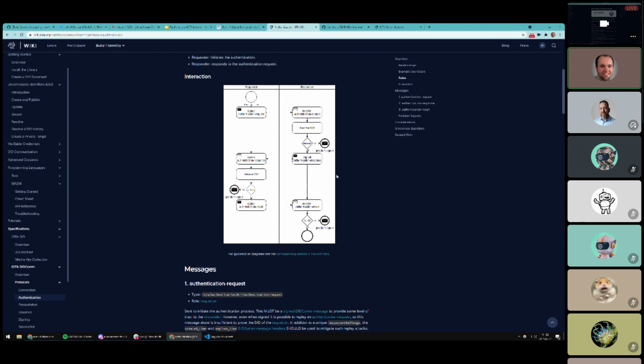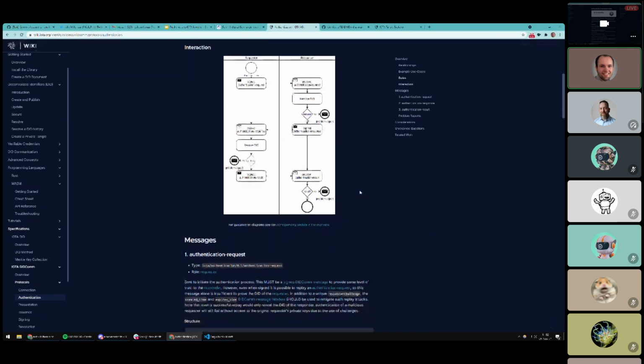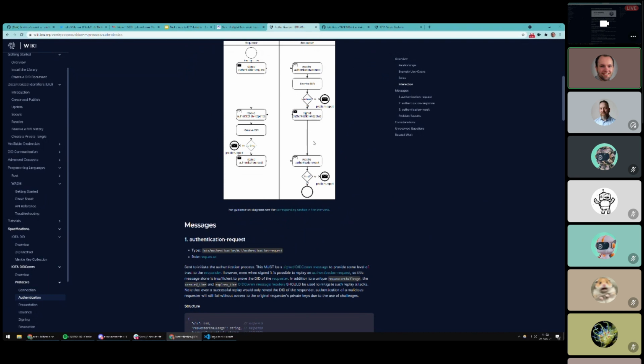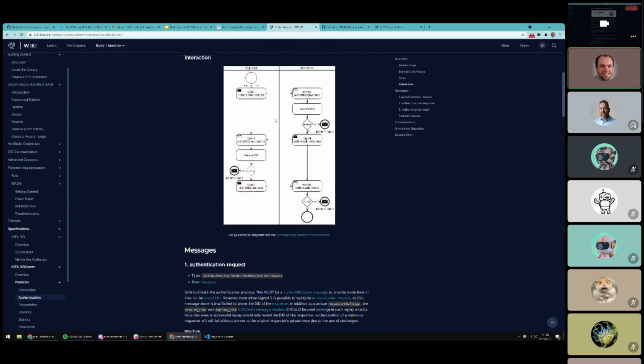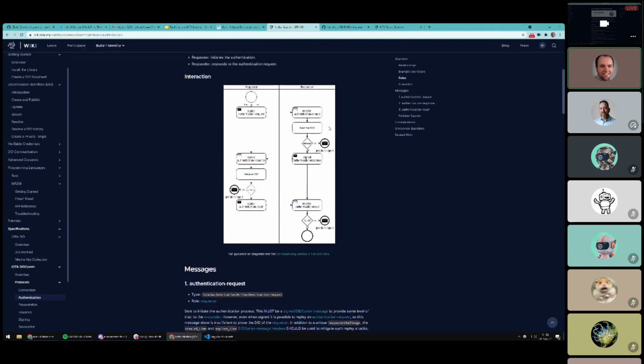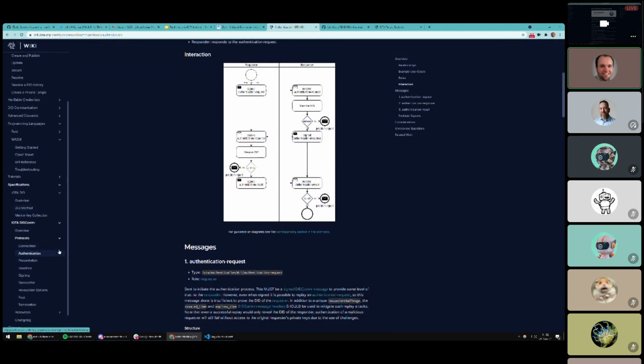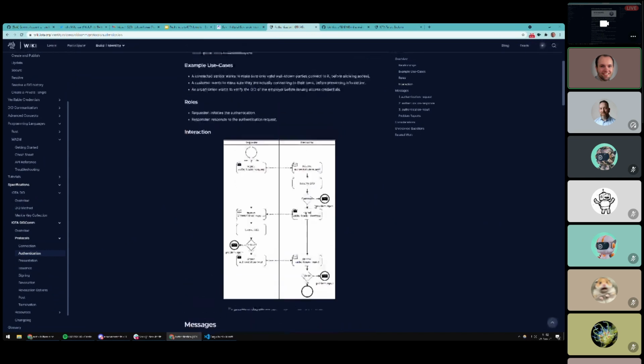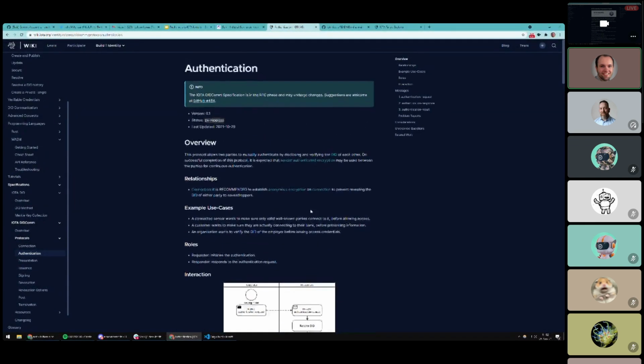You could, of course, take the inspiration of how this could work and maybe implement a simplified version for your own use cases, because this specification is full of recommendations on why we are taking steps the way we are, and how to implement them. So if you're going to do something like DID authentication or presenting credentials or issuing credentials, I would recommend having a look at these DIDComm specifications.